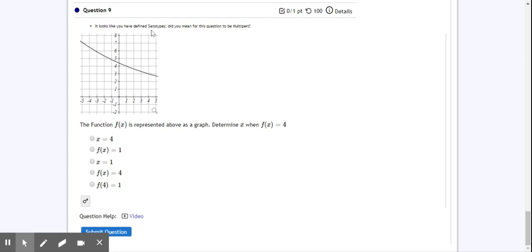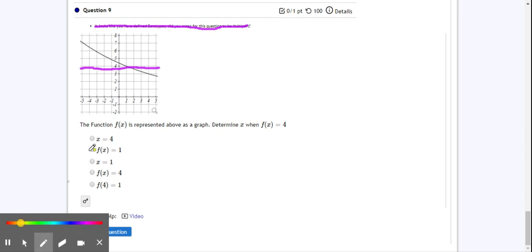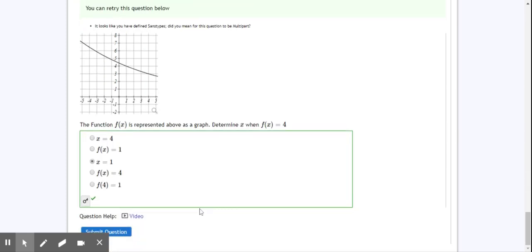And this one, another little different one. Sorry, that's just an error in the question, so ignore that. I'll have to see if I can fix that. So this says the function f of x is represented above as a graph. Determine x when your function f of x is equal to 4. So if your function is equal to 4, here's 4. When is your function equal to 4? Well, it's equal to 4 right here, when x is equal to 1. Okay, let me know if you get